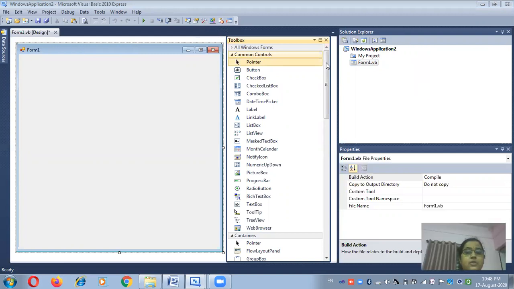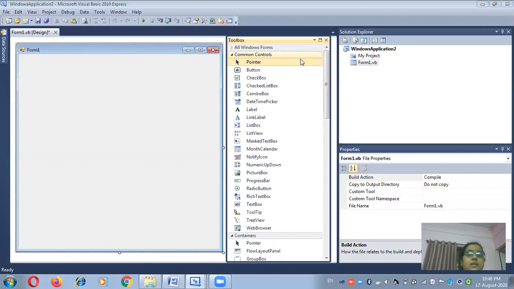Okay. So in today's lecture, we will see how to use the controls to make a simple application. I have discussed earlier that Visual Basic is an event-driven programming, meaning for every procedure or every output which you want to get from the program, you have to write code for a specific event.